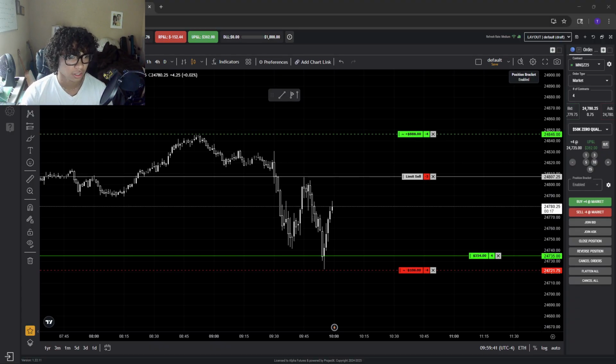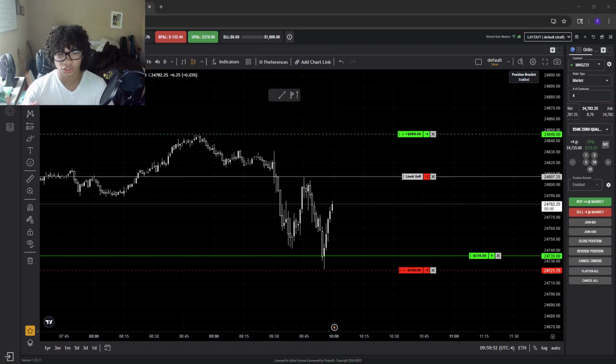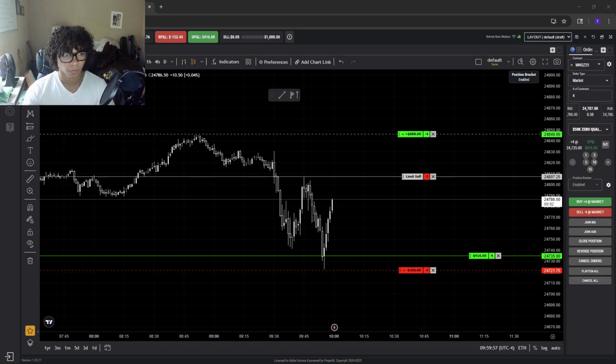Alright, so after looking into it, I'm still learning how to use my own model on things. Again, I've passed multiple accounts just using my own model, but I have yet to get consistent payouts with this. So I still learn how to use it every single trading day. So I decided that